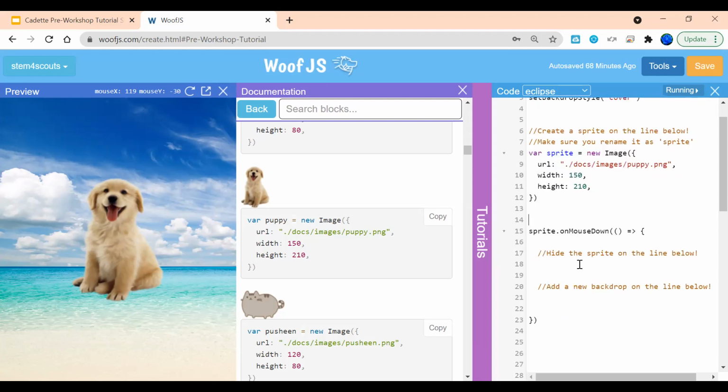The next thing we're going to do is go to line 18, where it says hide the sprite on the line below. So on the line below that, we're going to hide our sprite. To do this, we're going to call a function. We're going to talk about functions later in the workshops, but basically it calls a set of instructions. So we're going to type sprite,